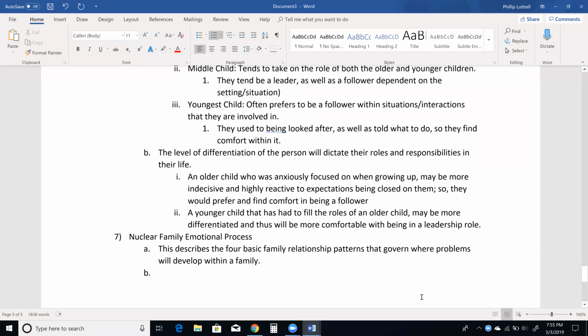So essentially a person's attitudes and beliefs will impact the development of issues in the family,